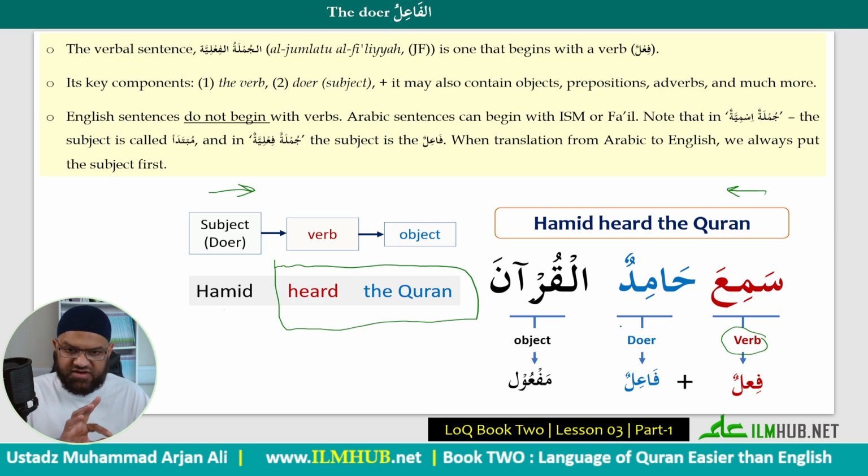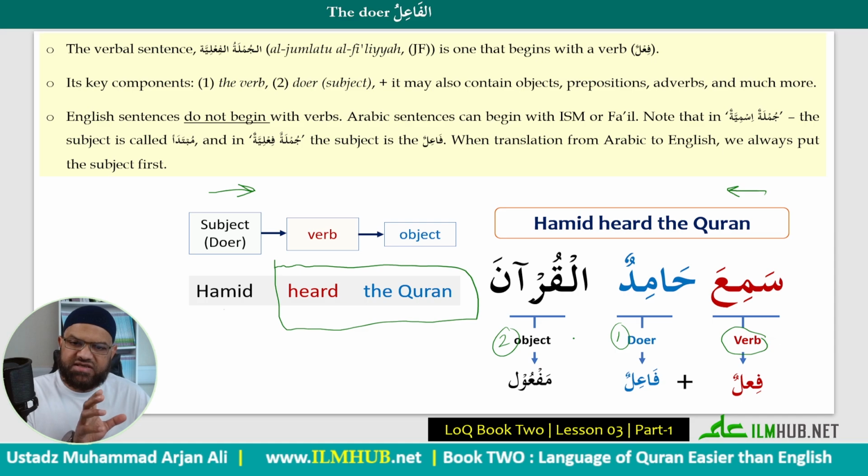Of course, we can have it now in Arabic, the doer and the object can be moved around. It will not really affect the sentence meaning. But in this case, I put the doer straight after. So then we have our doer, and then we have our object, which I'll put as number 2. So this is the order of the verbal sentence, the standard verbal sentence in Arabic.